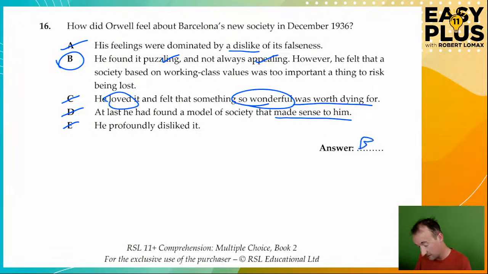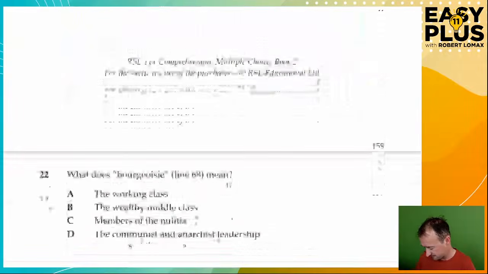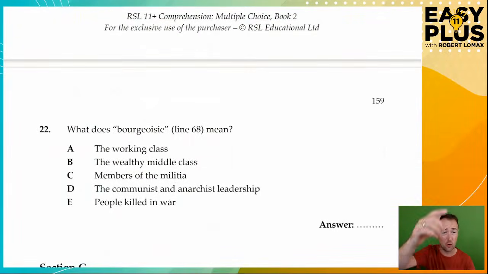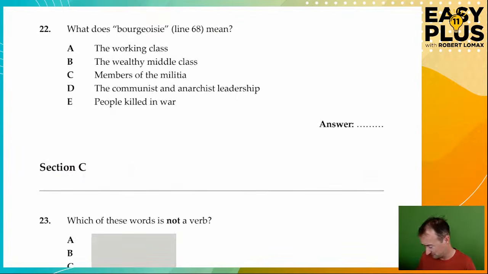And that, my friends, is about as difficult as it gets with an 11 plus multiple choice comprehension question. That is as hard as can be. So well done if you got that right, like all these squizillions of people in the comments writing B, and Miniman who's written B lots of times. You can only have the mark once.